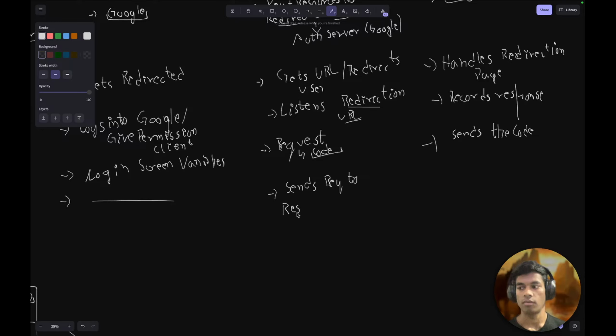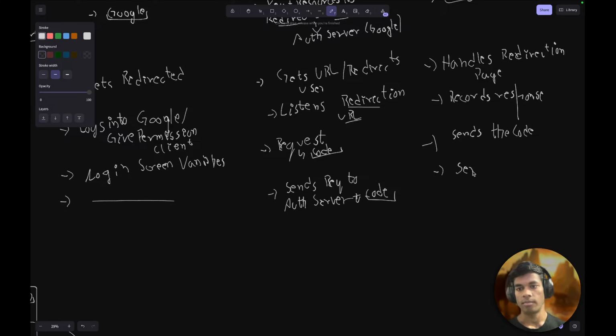Wait, it sends a request to the auth server first, because it has to convert the code that it got into a token. So to do that, it sends a request back to the auth server with the code, which is just a string that it got, and the auth server